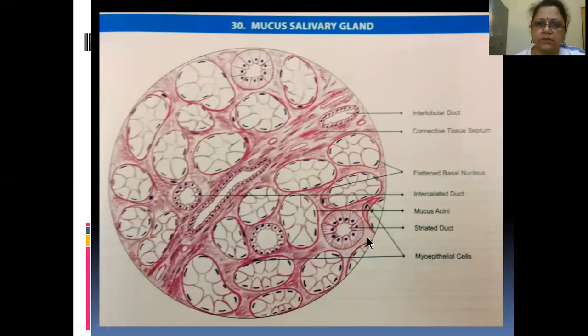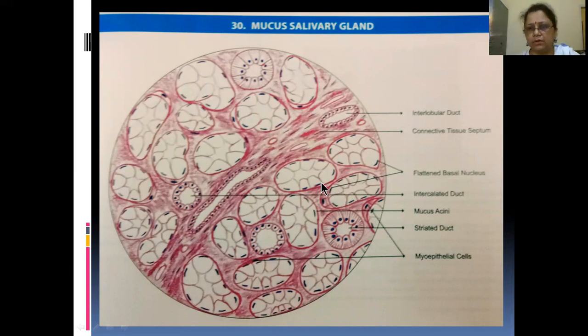Next, come to the sublingual gland picture. So this is predominantly mucus. So you can see this is one mucus. This is all whitish. It is looking pale, isn't it? Pale light pink color you have to put when you draw. This is the connective tissue septa with the ducts. This is an interlobular duct, and this is another intercalated duct within this composition. And here you can see some cells. Okay. These are the myoepithelial cells, and this is the serous lumen here. Okay, you'll be seeing like that.